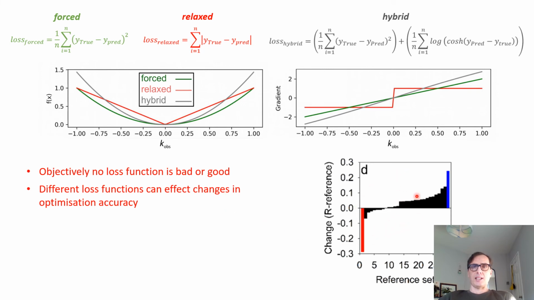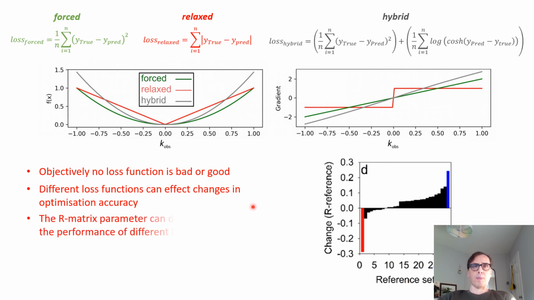So we see this in this image here. Unfortunately, a little bit has been cut off, where we're looking at this figure here, which reports the change in the accuracy as we go from the forced to the relaxed objective function for 30 different reference data sets. These are the data sets that we used in our initial paper, and you can see that when we change the objective function, we have this difference in the accuracy